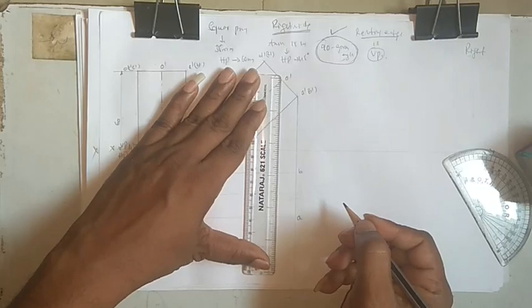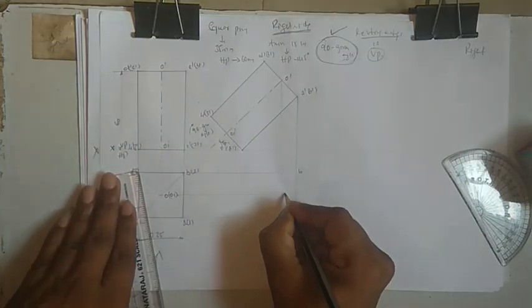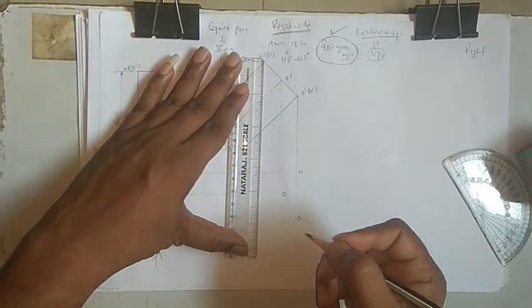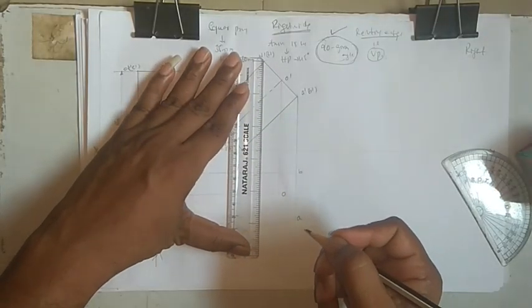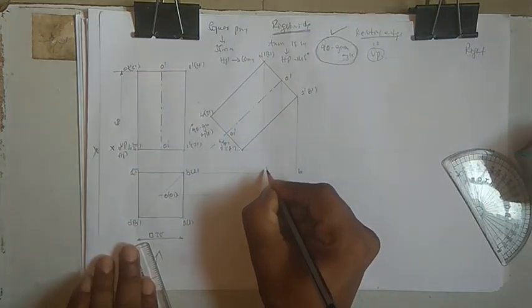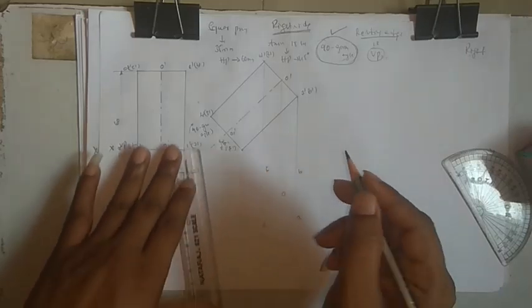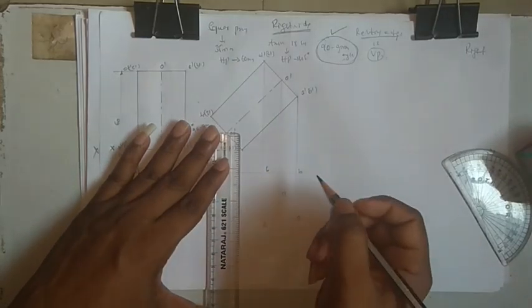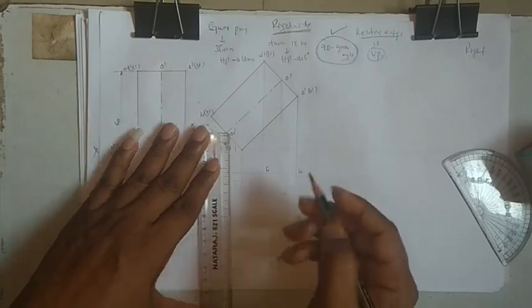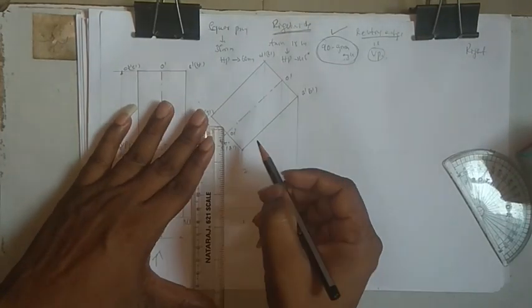Okay, so this is O, you just take it clearly, so this is our O. This is C and D. While taking the projection itself, you just drop it. So this is our D, sorry, C, and this is our D. Okay, so A, B, C, D is done. Now on this one it's 1, 2. So this is our 2 and this is our 1. On this one it's O1.